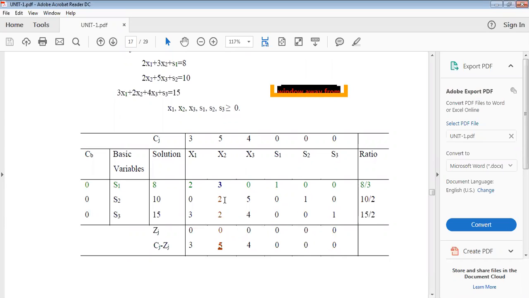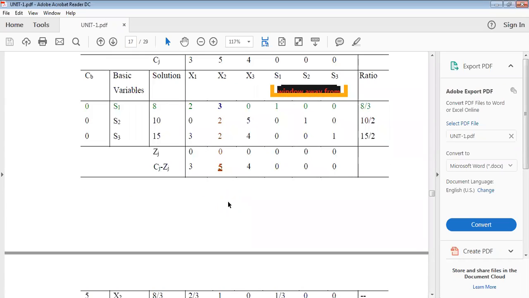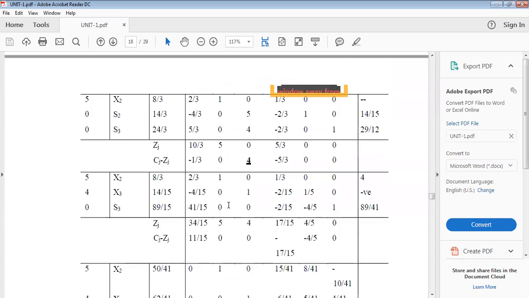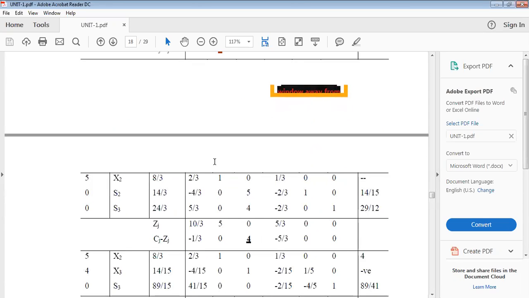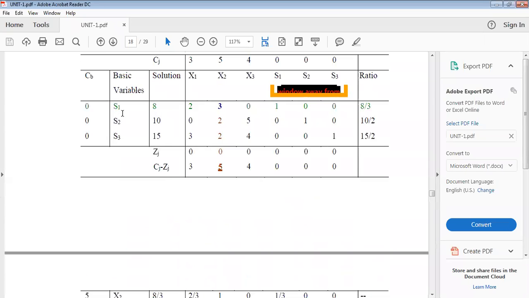So like this, we'll calculate. If you refer to Paneer Selvam, you can understand this well. So after getting the values, again, one means